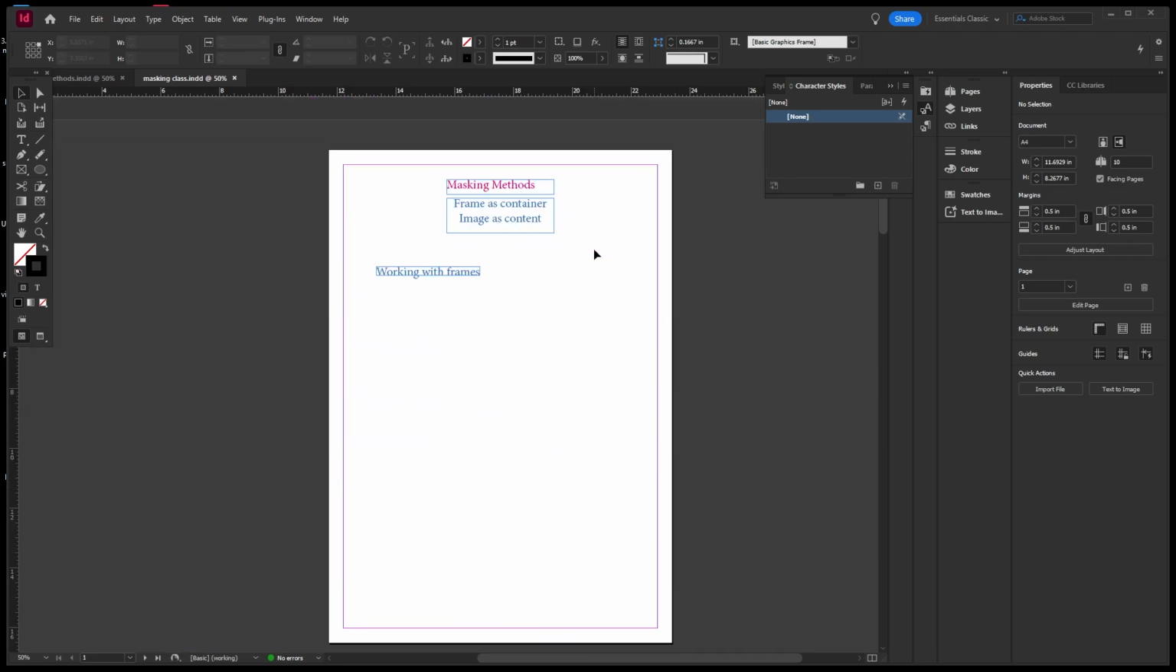In Adobe InDesign, we have masking types, different masking methods are there. Let us try to understand first. So what is masking? Masking here is in a bit different way. Here we create, right? Frame as container, image as content. Example,